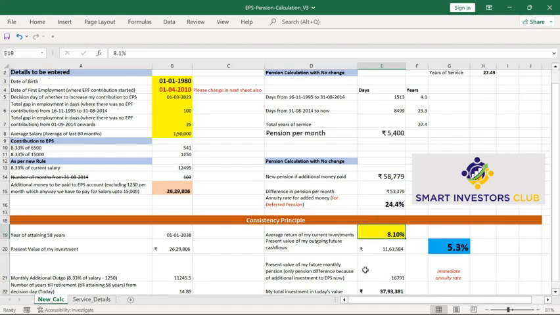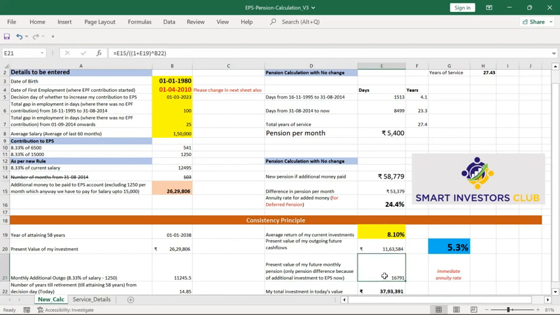Okay, so now my total investment as of today in today's value is this much money, including my interest and all the contributions till now from my joining date, plus the present value of my future cash flows also. I'm just adding it here. So that is nothing but the sum of these two. That becomes totally I will be paying 37,93,391 to get a pension of